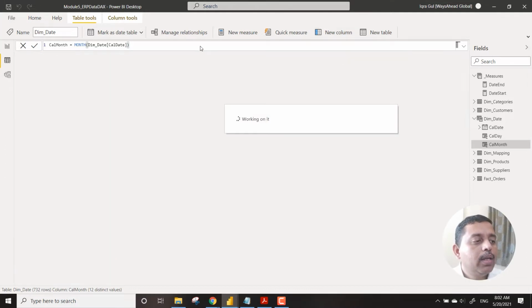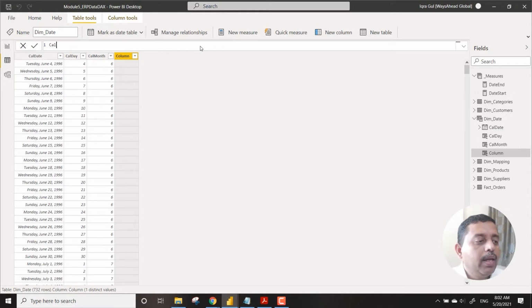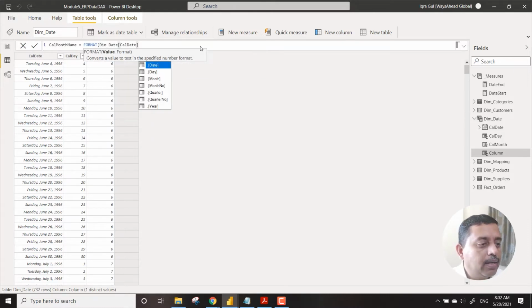So what you have to do is, here it's a bit tricky one. So we can say cal month name. Cal month name would be equal to, we can simply say there's a function called format, and then we say I require the cal date, and then I require the format. So this is again based on Excel. So that's what I told you, you know Excel, so that's the prerequisite of this entire program. So there you have a function called text. Here you have a function called format.